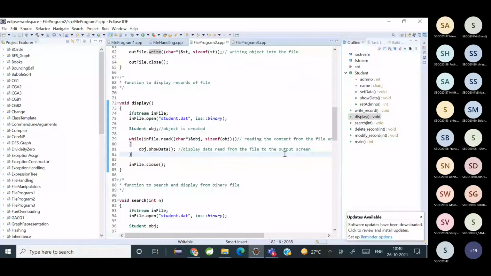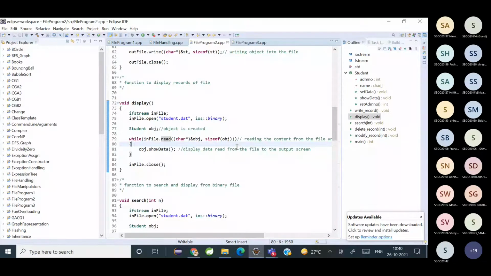What is showdata doing in the class? Displaying the admission number and the name. Can you see the syntax of read? File object dot read, and it is exactly similar to the write method. The character star, the object name is obj, so ampersand obj and sizeof obj.